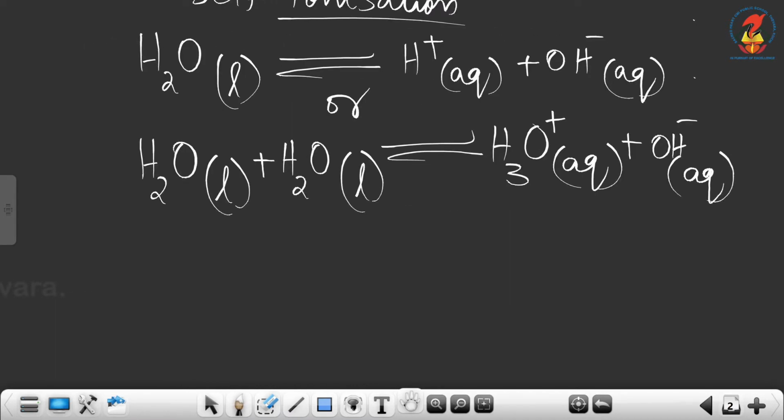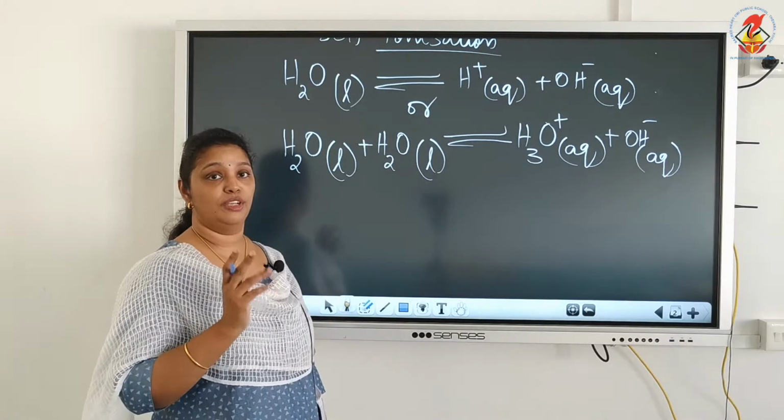And in the second expression, we can see that there are two H2O molecules on the reactant